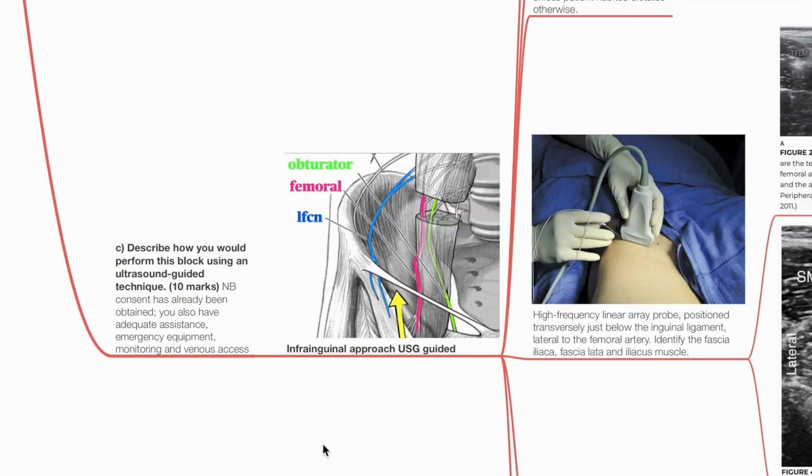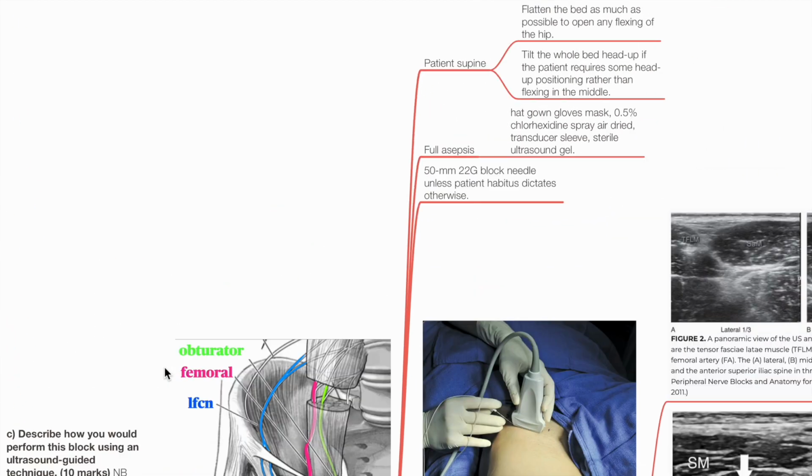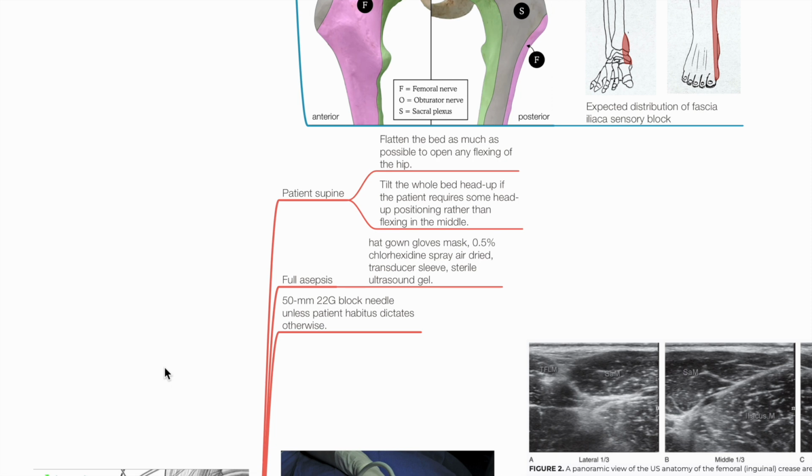C. Describe how you would perform this block using an ultrasound-guided technique. Consent has already been obtained. You also have adequate assistance, emergency equipment, monitoring, and venous access. Patient in supine position. Full asepsis with hat, gown, gloves, mask, 0.5% chlorhexidine spray, air-dried, transducer sleeve, sterile ultrasound gel,